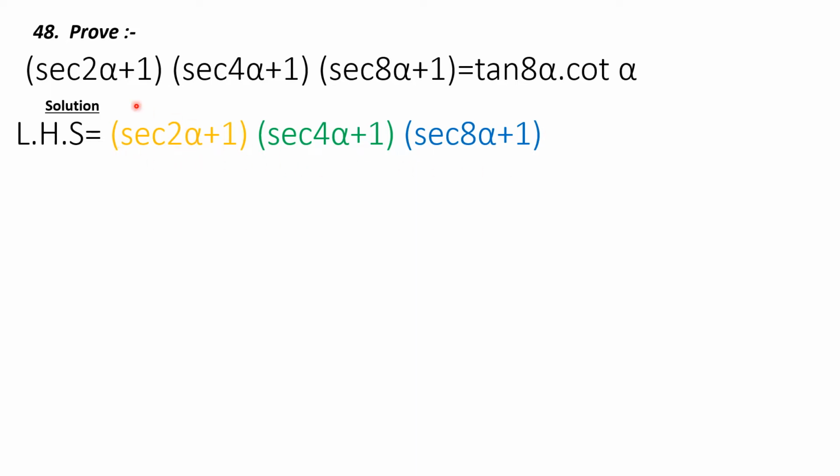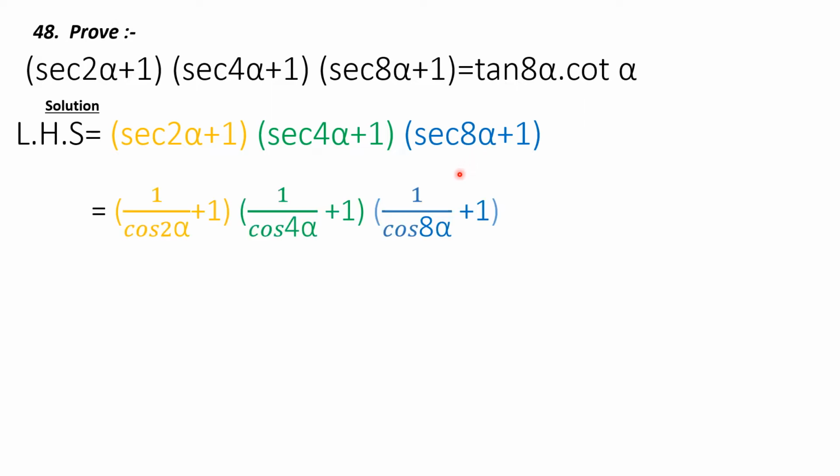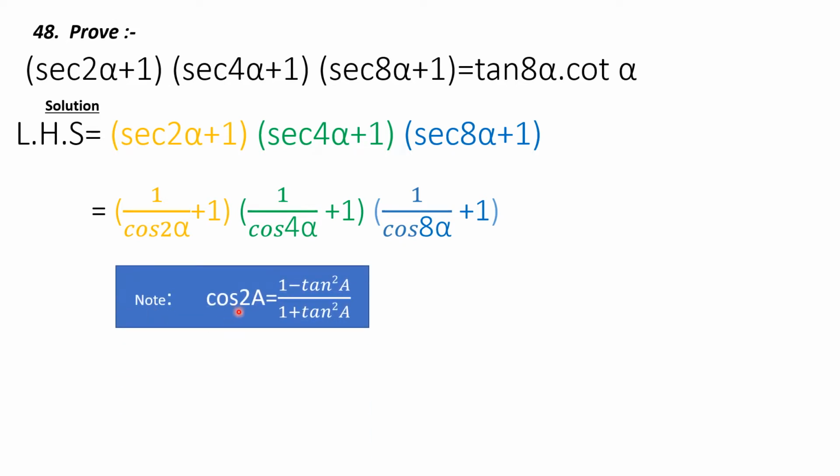Thereafter we know sec 2 alpha is 1 over cos 2 alpha, sec 4 alpha is 1 over cos 4 alpha, sec 8 alpha is 1 over cos 8 alpha. So we have done this. Thereafter we must know the formula for cos 2a in terms of tan. We know cos 2a is 1 minus tan square a over 1 plus tan square a. So this formula will apply in cos 2 alpha, cos 4 alpha and cos 8 alpha. On applying this formula, we will get